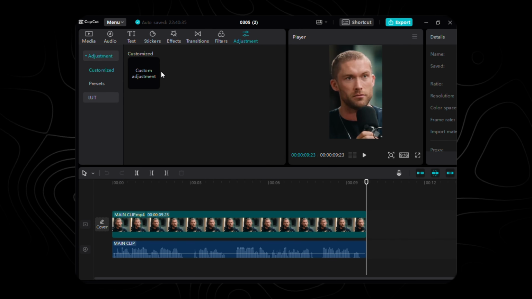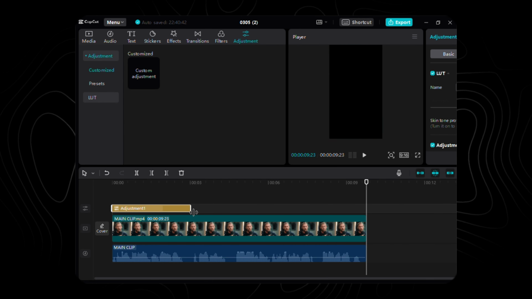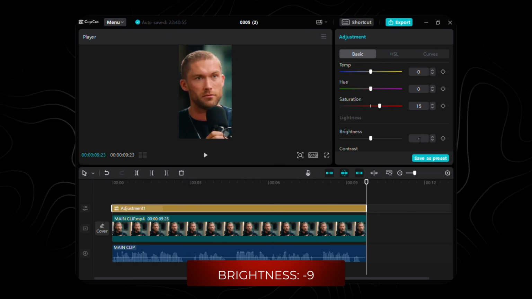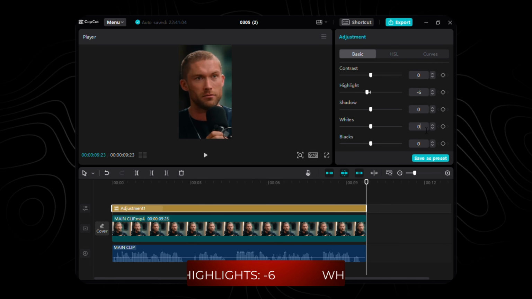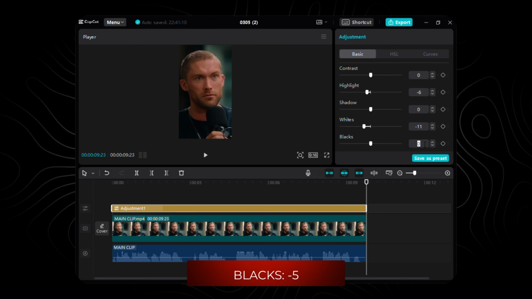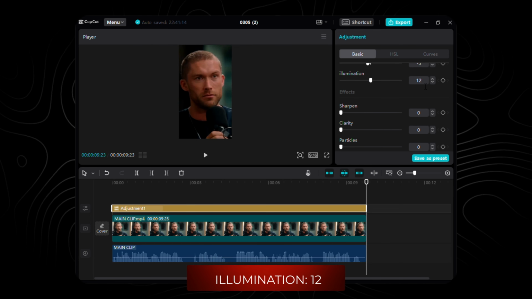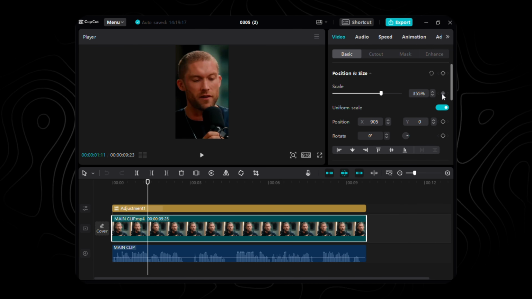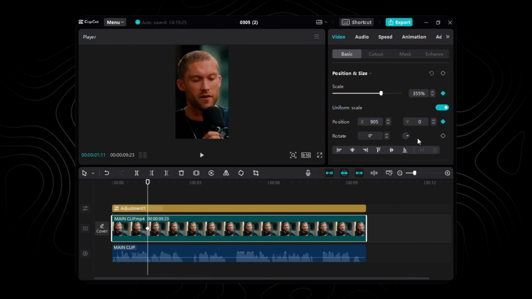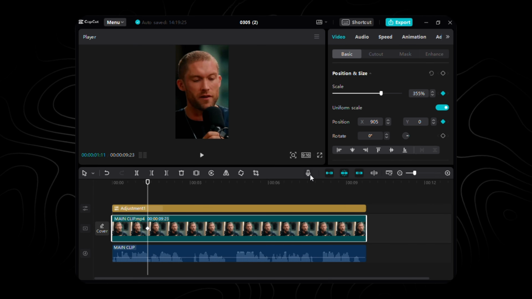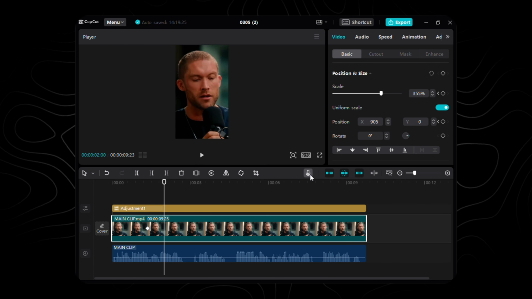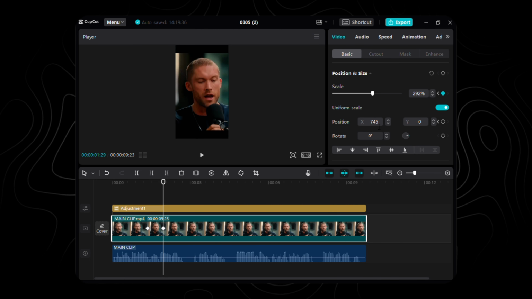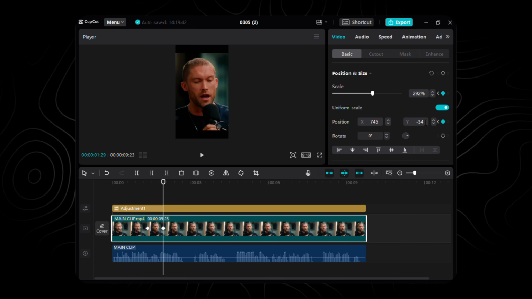Now, let's add the adjustment layer, matching the length to that of the main clip. Adjust the settings as follows: saturation to 15, brightness to -9, highlights to -6, whites to -11, blacks to -5, and illumination to 12. To introduce some motion, select the main clip and mark the first keyframe for position and scale at 1.11 seconds on the timeline with the same values. Move 18 frames forward and here change the scale to 292% and change X to 745 and Y to -342,